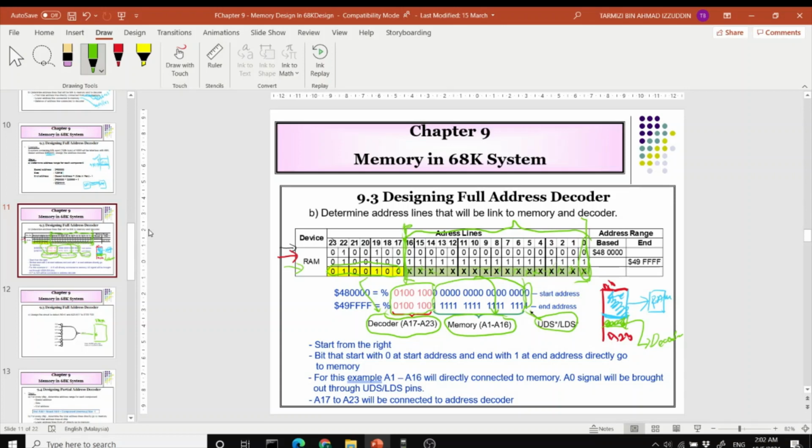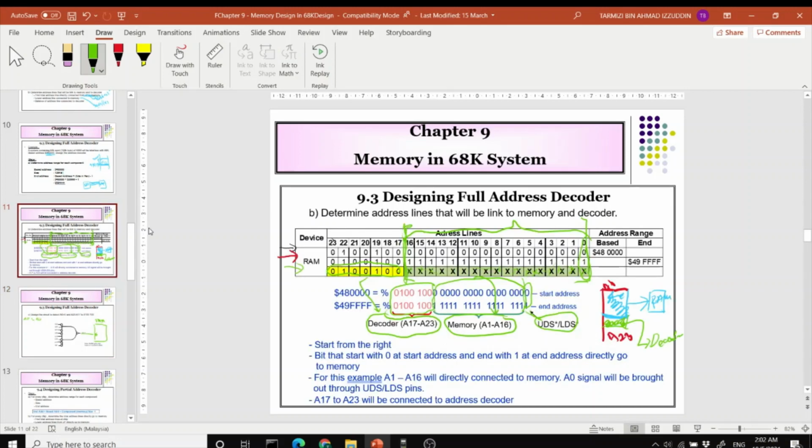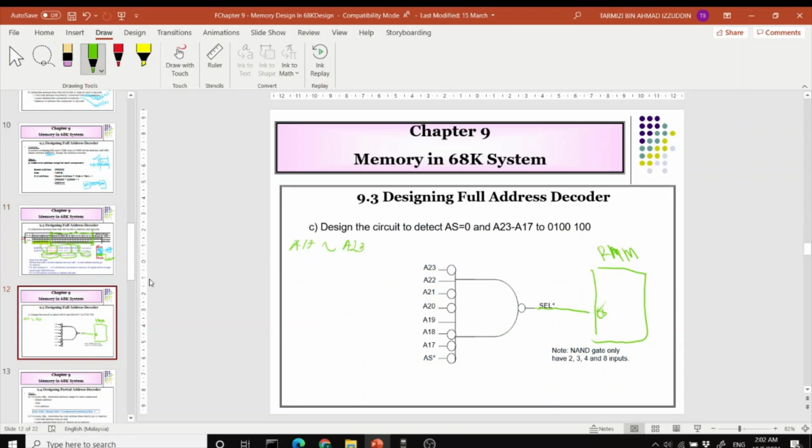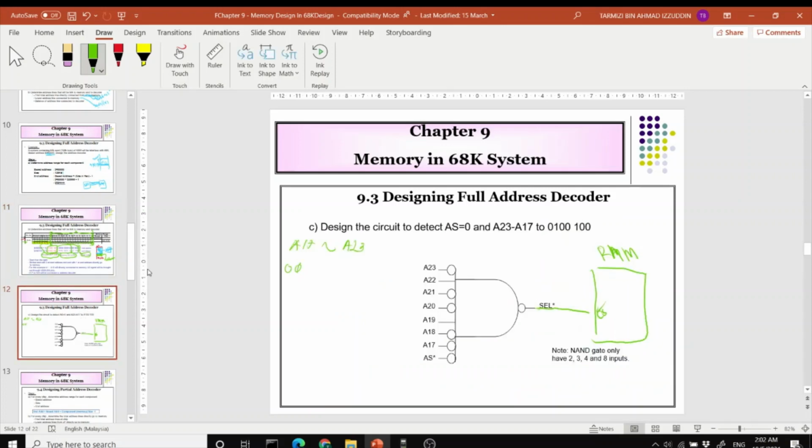So we have A17 to A23, which is denoted by these bits: 0 0 1 0 0 1 0. Okay, so starting from A17,